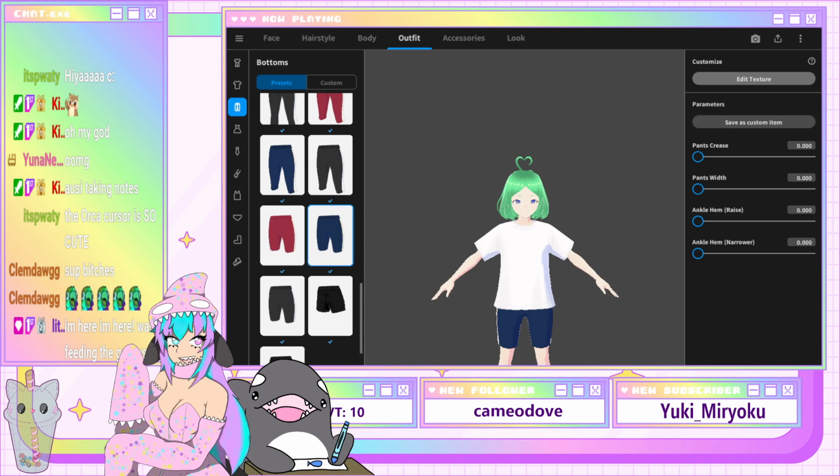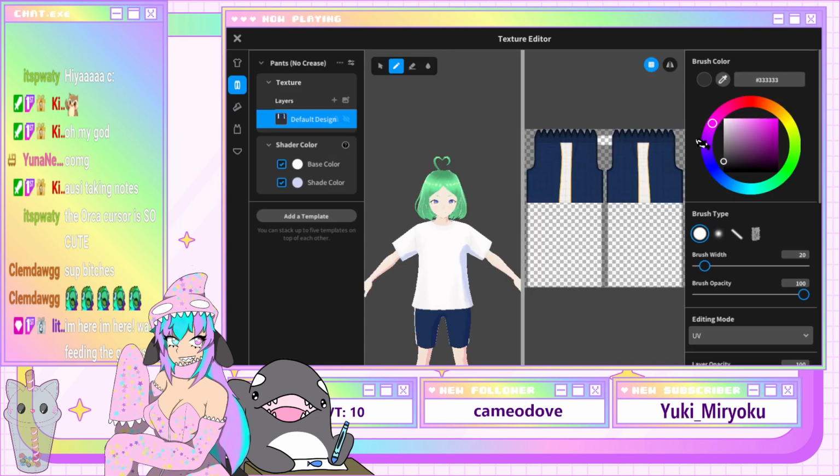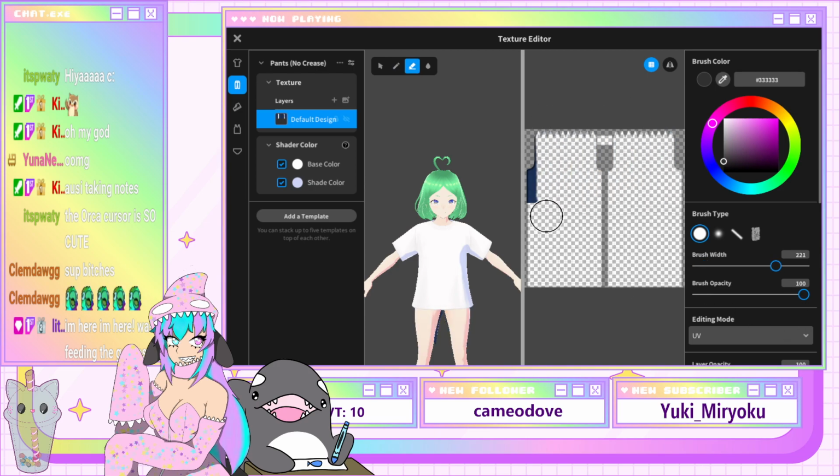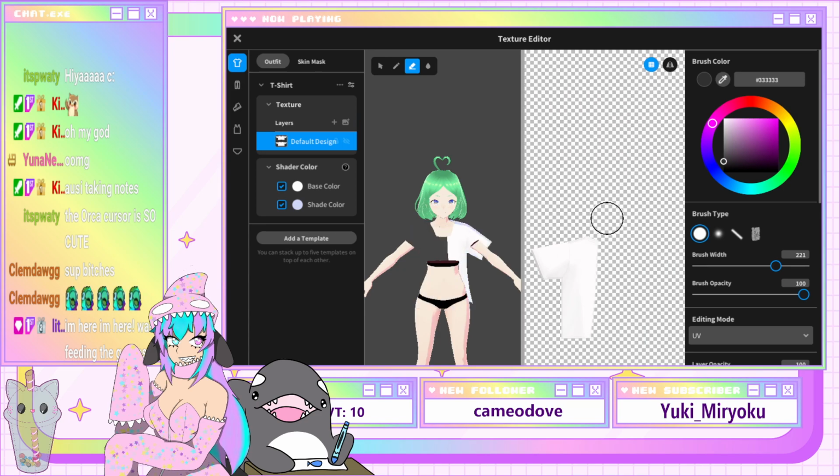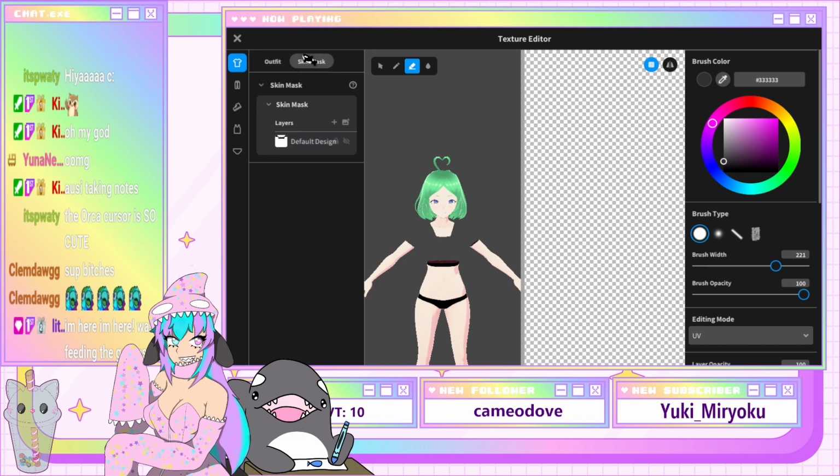And now if I come here and edit the texture, and I just delete this. We're gonna just do this. I forgot about that. So that is something that's actually really annoying. A lot of the times, the skin mask